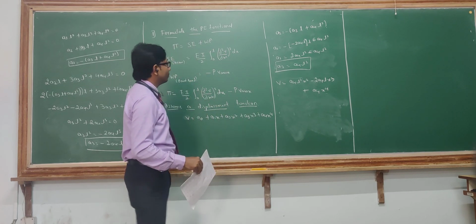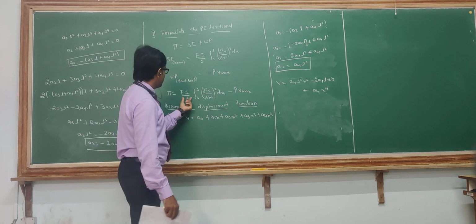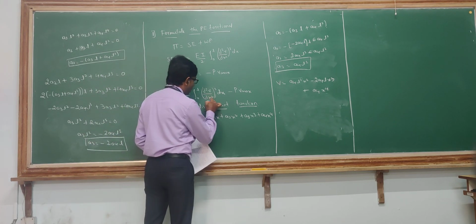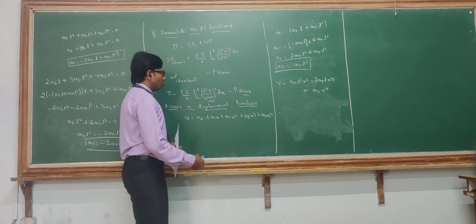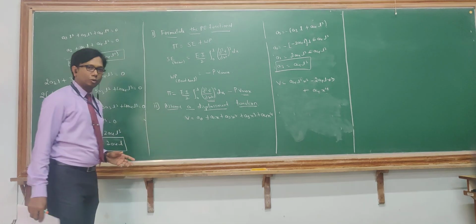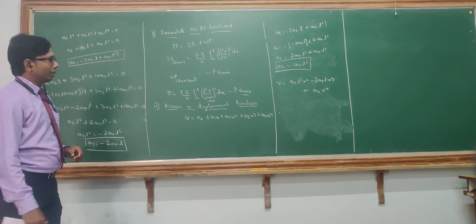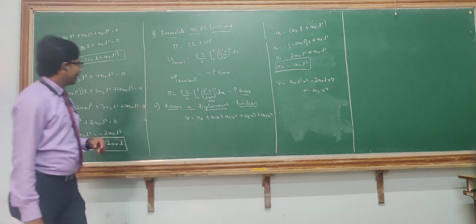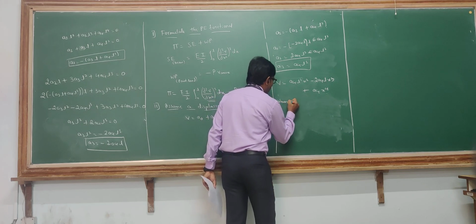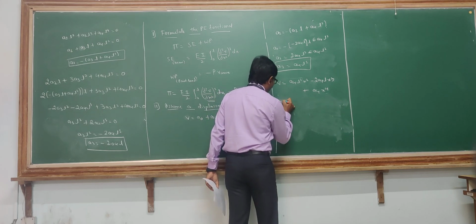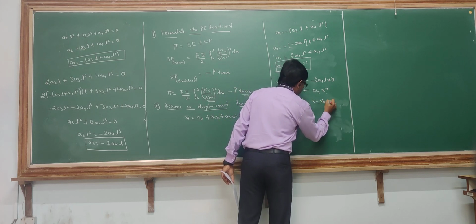So if you see the potential energy functional equations, these are the constants. What we require here is dou square V by dou x square and V max. V max was possible if x is equal to L by 2. At the center we used to get the maximum displacement. So first I will write the maximum displacement, V max. What will be the V max will happen, so I will write at x is equal to L by 2, V will be equal to V max.